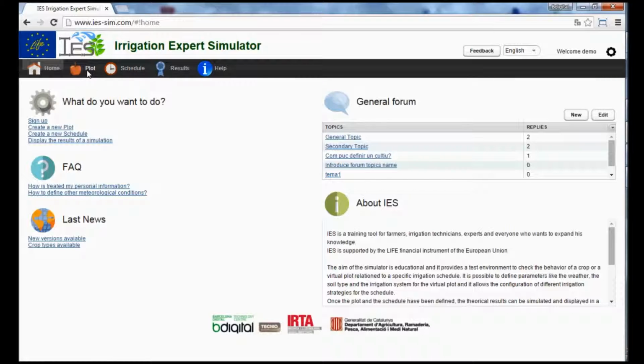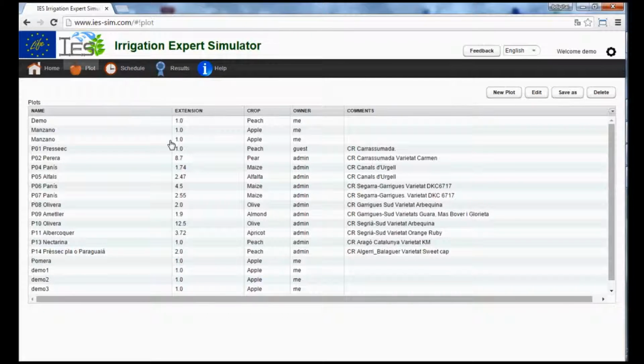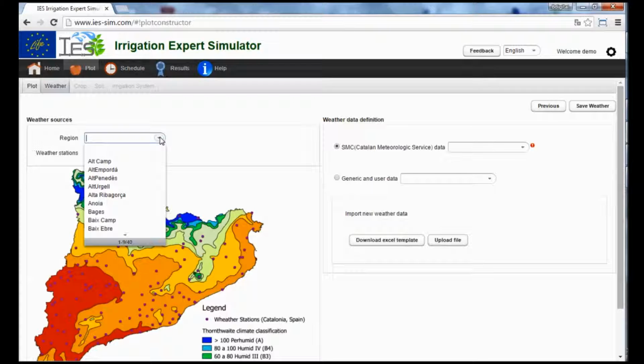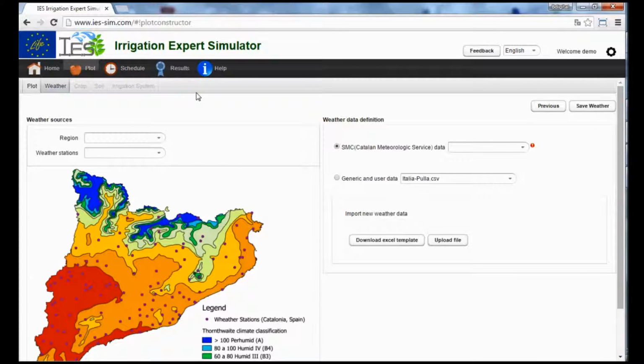So to create a plot, to create a new virtual crop, we just click on the icon and create a new plot, where we give a name to identify it. We can assign the weather data with different options. So we select a predefined set of weather data,